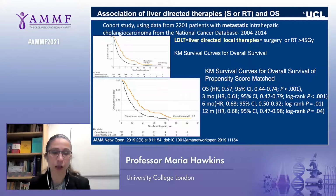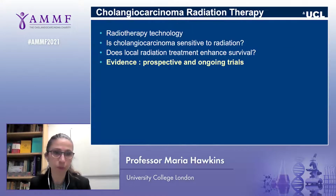And then at the bottom of the graph, you've got the survival curve for patients who are propensity score matched, which means that the patients' characteristics and tumor characteristics were matched. Again, we see perhaps that there will be some benefit of adding radiotherapy as a local treatment to this group of patients. So what evidence do we have